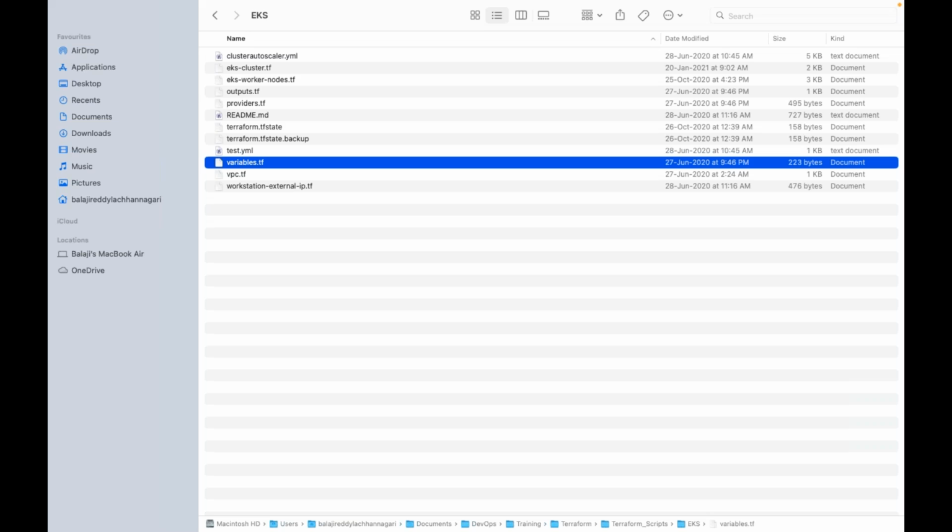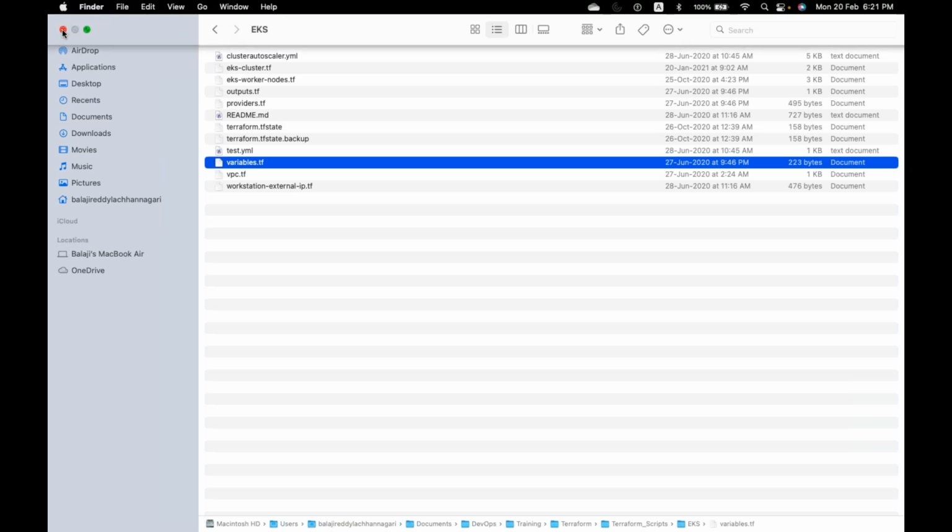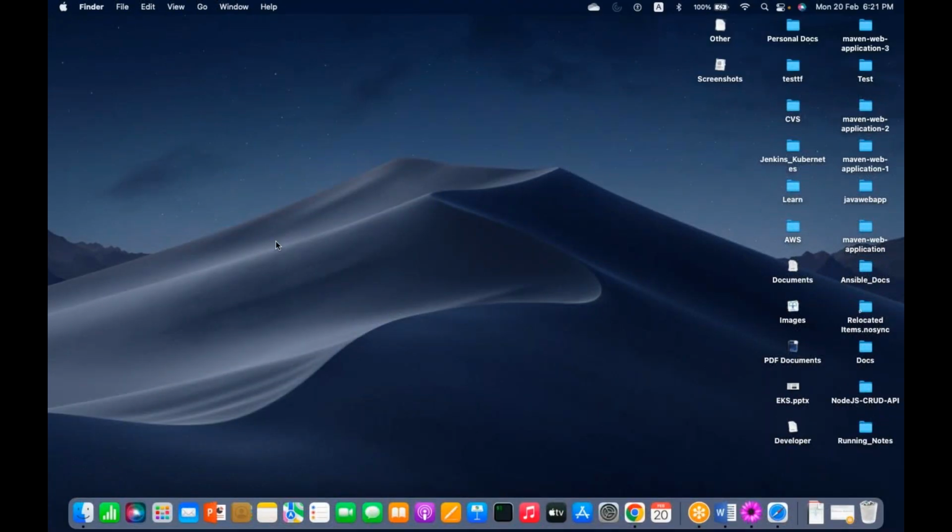First, focus on the basics, guys. That's why I'm explaining the basics again and again. Because this is code, this is configuration. If you learn something by heart, will you be able to write configurations or code or script?